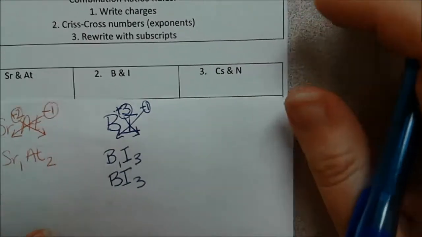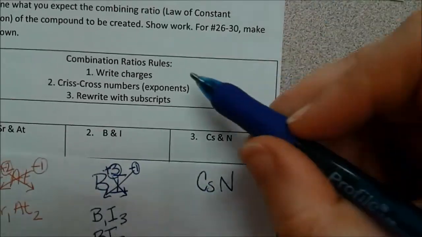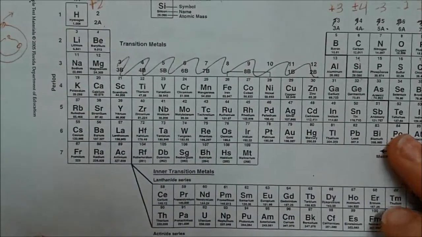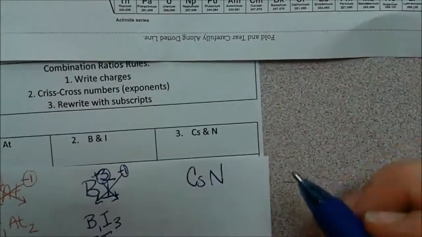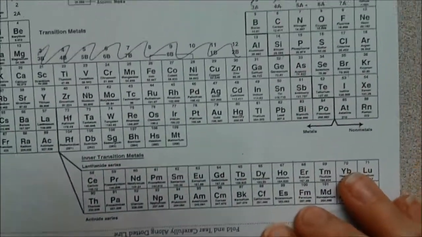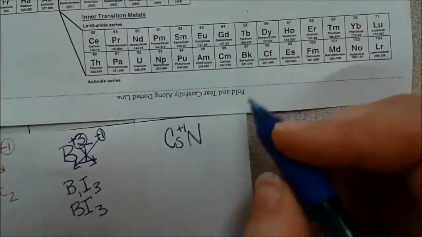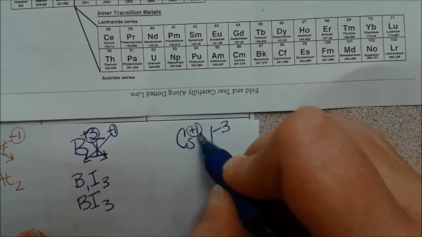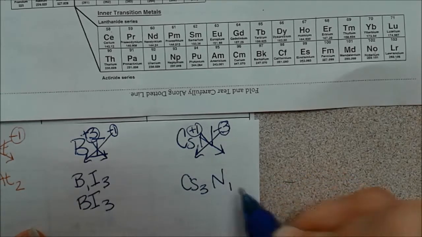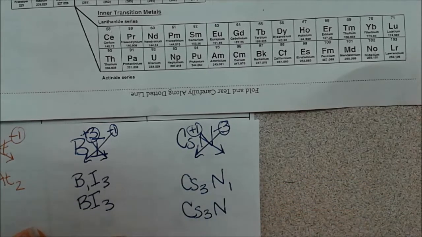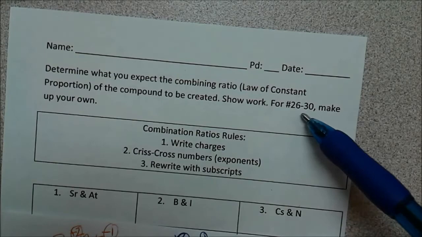like this. Number 3 is Cs and N. I'm going to write my charge. Cs is in group 1 and it has a +1 charge. N is nitrogen. It's in group 5, but it has a negative 3 charge. So I'm going to crisscross them. And then I'm going to rewrite. It'll be Cs3N1 or Cs3N. Your task is to complete all of these to show your work, and for number 26 through 30, make